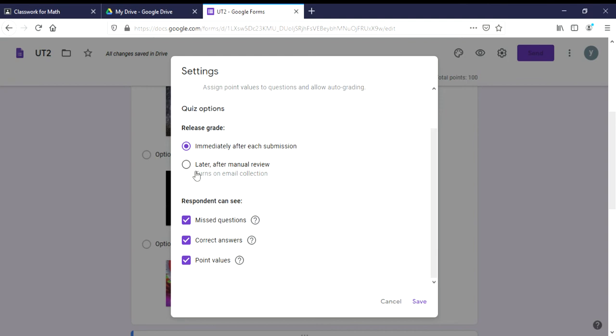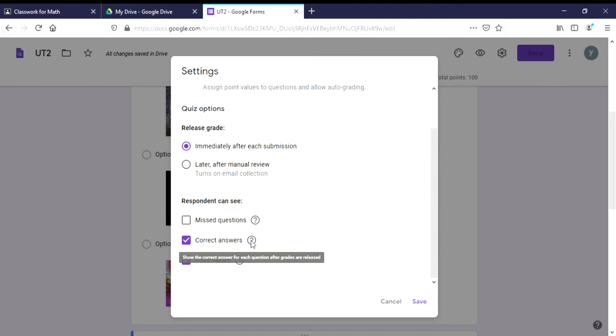Or you can release the grade later after you review it manually or after you score it manually. And then the respondent can see the missed questions, which means they will be able to identify which questions were answered incorrectly. Usually I will just untick it. And then correct answer, your students will be able to see the correct answer after they submit, after the grade is released.